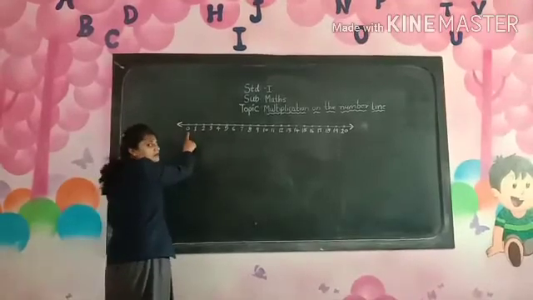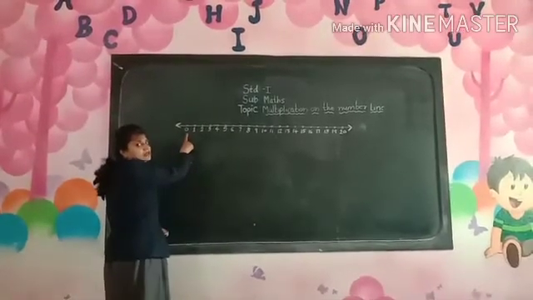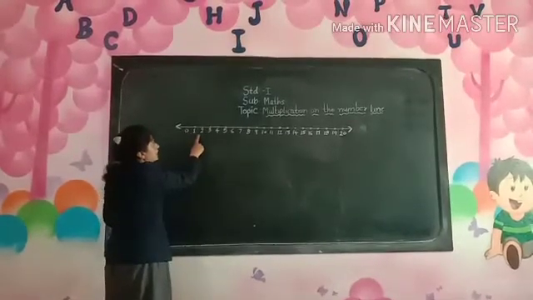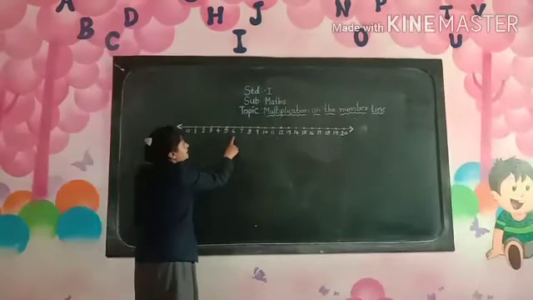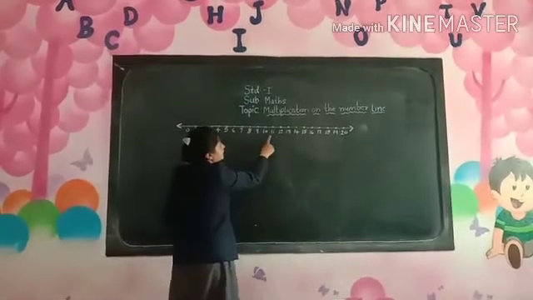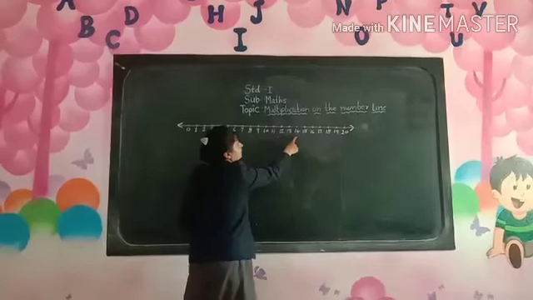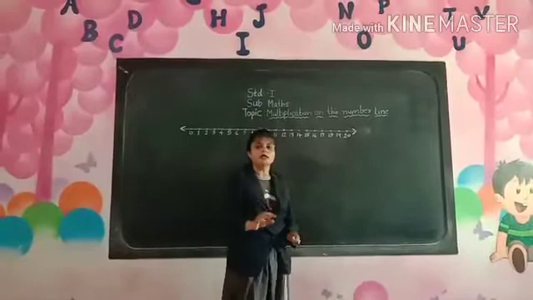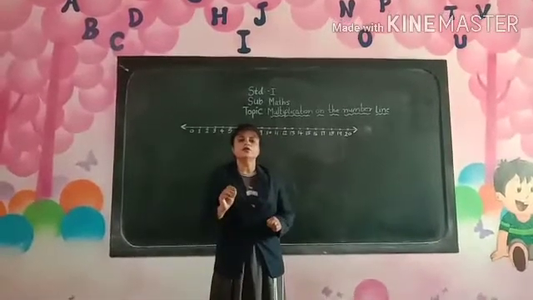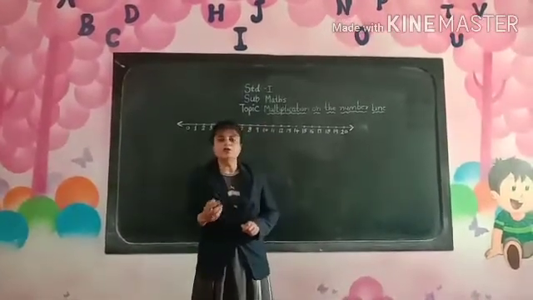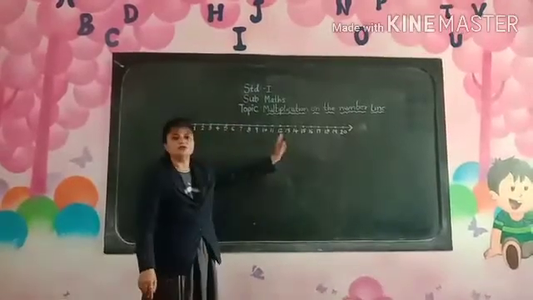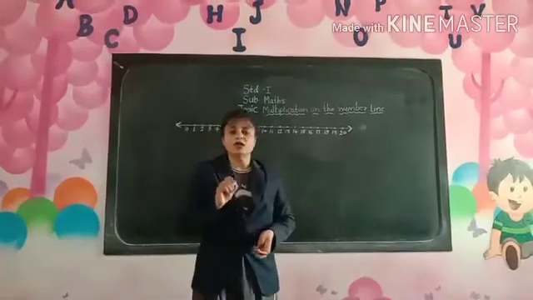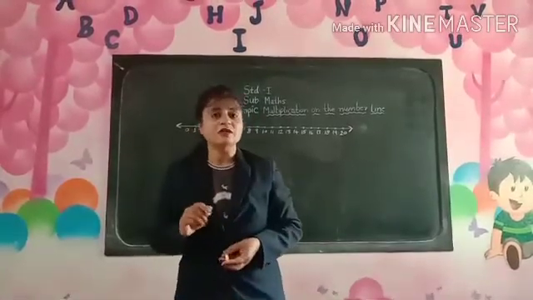Whenever you are writing numbers on the number line, remember one thing, that we have to write from 0. See here, 0, 1, 2, 3, 4, 5, 6, 7, 8, 9, 10, 11, 12, 13, 14, 15, 16, 17, 18, 19, 20. How many numbers you want, you can note on the number line, it depends upon you. In the textbook they have taken till 20, so we are writing on the board till 20. Now see how we are going to solve multiplications by using the number line.